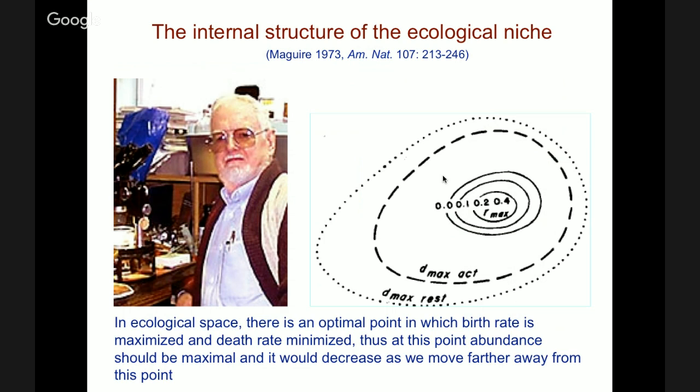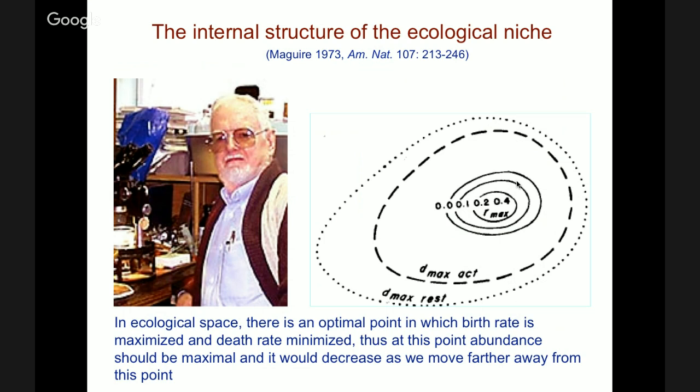And in this sense, there is theory that has been developed from old years. This is a study from Professor Bassett Maguire from the University of Texas in Austin. Following the original ideas of Hutchinson, of the niche concept of Hutchinson, Dr. Maguire thought that this hypervolume does have an internal structure. In other words, not all parts of this hypervolume of the niche of the species are equally good for the species. And he tested these ideas and observed that there are regions in this hypervolume in which